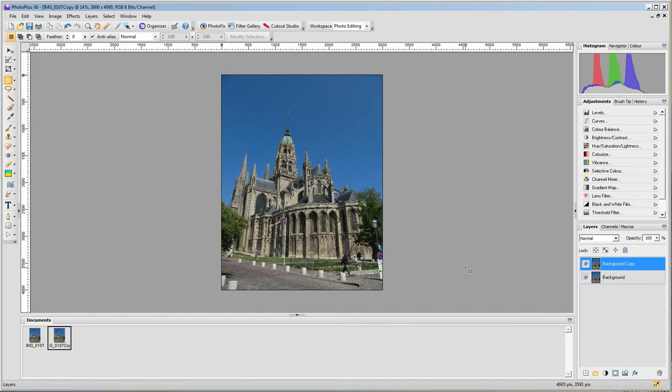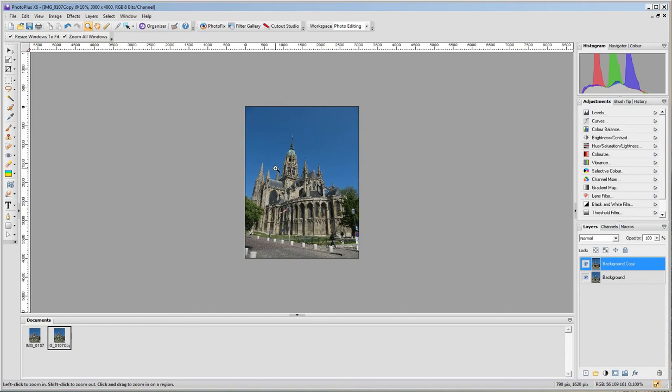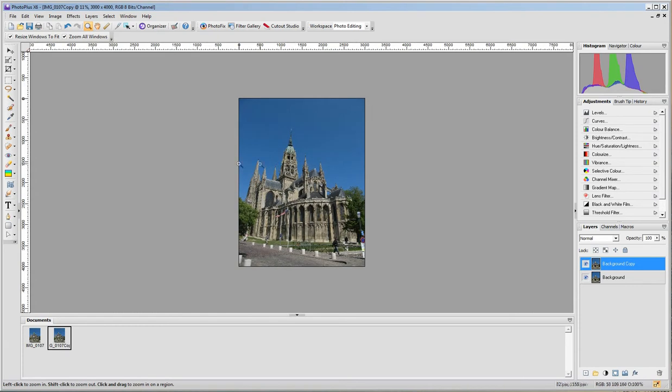Now we can work on the image using the Deform tool, but first we must give ourselves a bit more room on the desktop. So we go up to the magnifying glass, which we can see on the top toolbar, click it, and then we can reduce the size of the image by rotating our mouse wheel. Now we can go up to the Deform tool on the left hand side, click it,